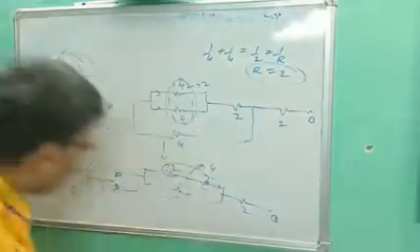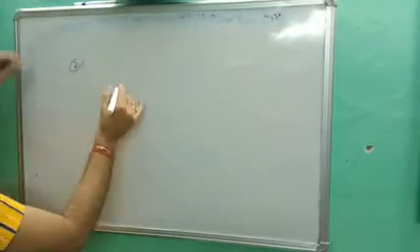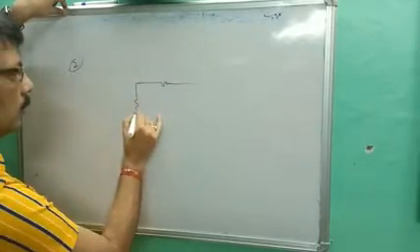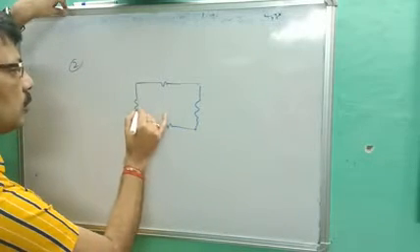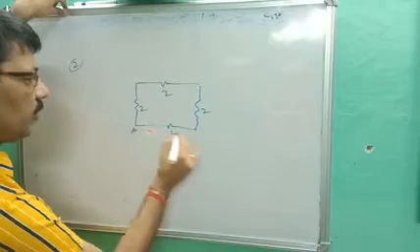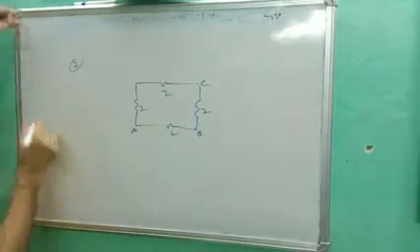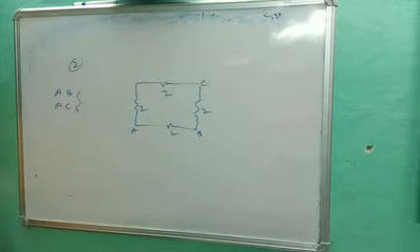Okay. Now this question, suppose this question is given to you like this, this will confirm the concept. Let's suppose this is given 2 ohm, 2 ohm, 2 ohm, 2 ohm, and I ask find the resistance between AB and AC. Points are very important. First between AB, second between AC. They are the questions. Okay.